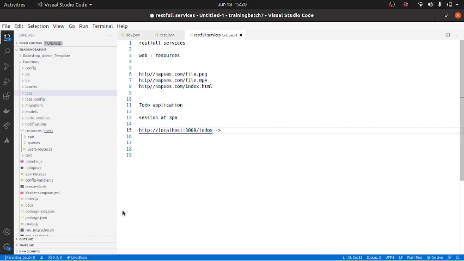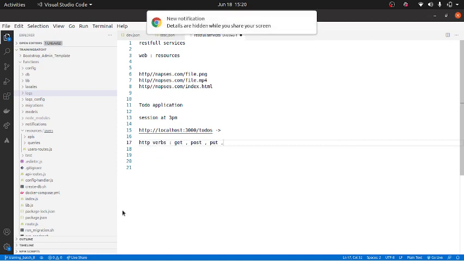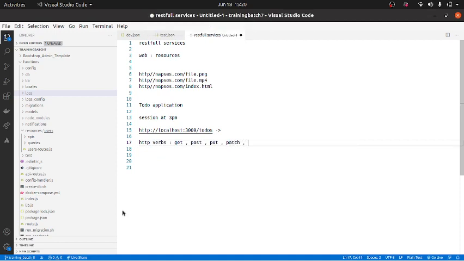But they also are telling about, in order to access this uniformly, they have given certain verbs that you can use, and these verbs are HTTP verbs. I'm pretty sure you guys know what HTTP verbs are, but let me just cover it. You have get, post, put, patch, and delete.